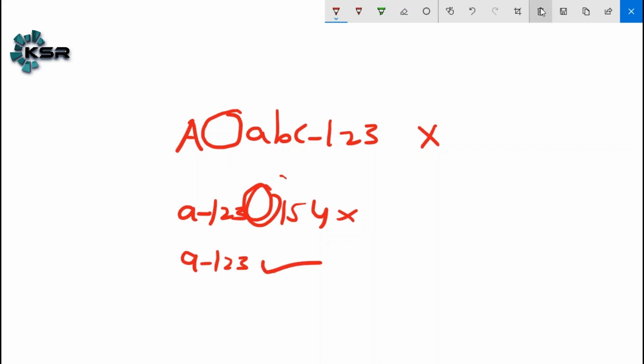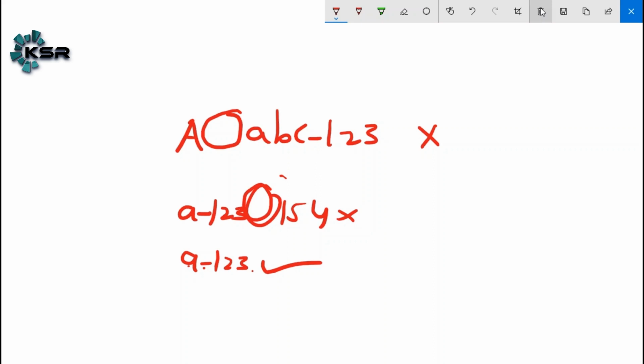Right, because we are using a underscore 1 2 3. First we can use the letters. First we have to mandatorily use the letters, capital A to Z or small a to z, followed by numbers, or followed by underscore, or you can use the underscore followed by numbers, or underscore followed by the period. Everything you can use. No issue. It will be the correct one.